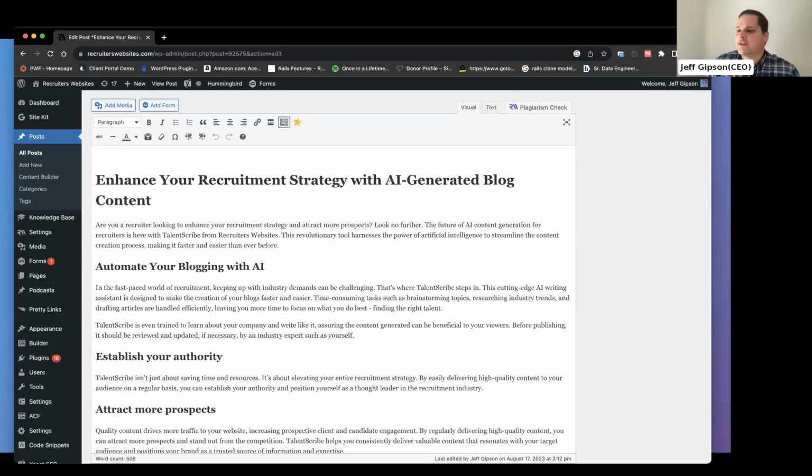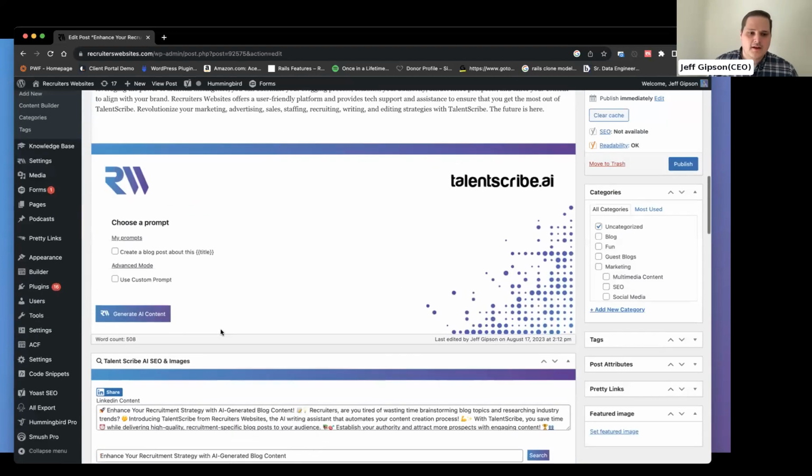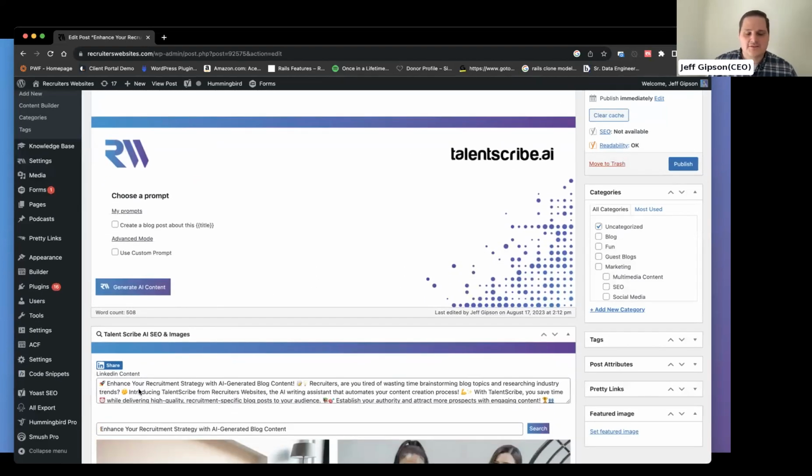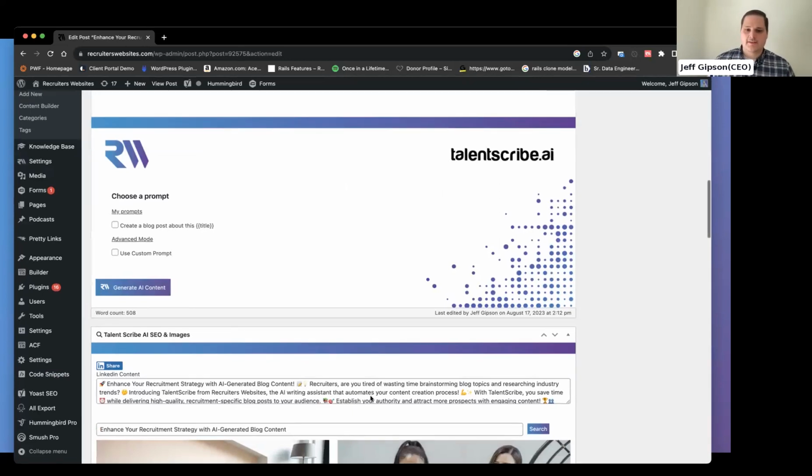And if you're looking to create LinkedIn posts specifically from this tool, the posts that we're creating are based on the content created. So we're creating the blog post first, and then creating the LinkedIn content based on that blog, if that makes sense.